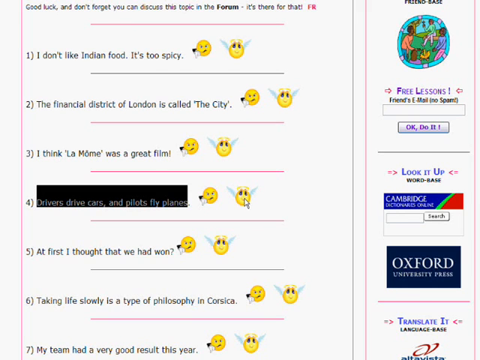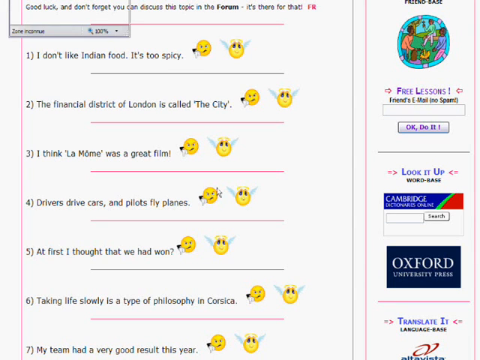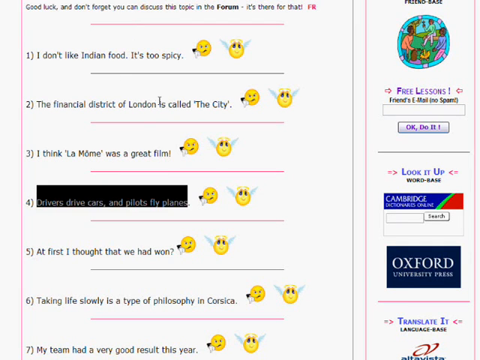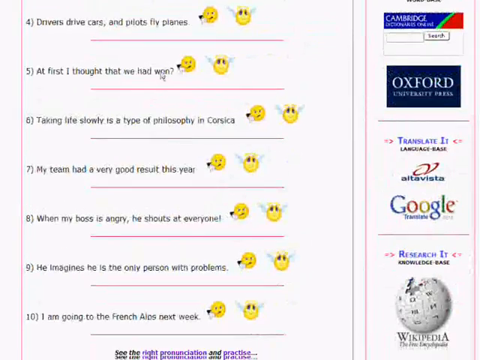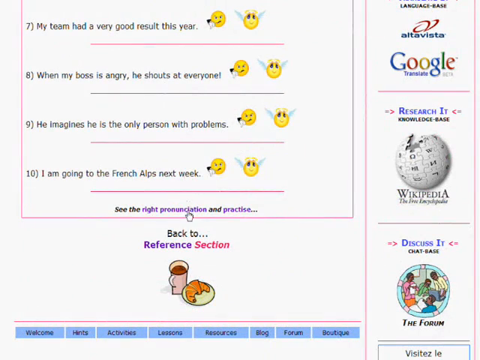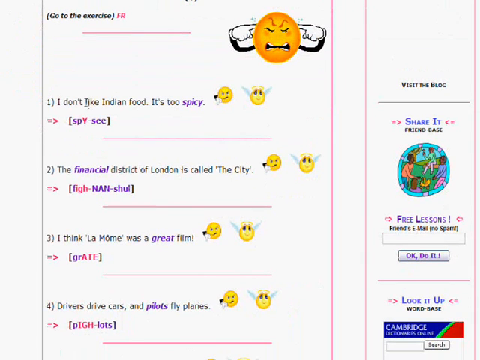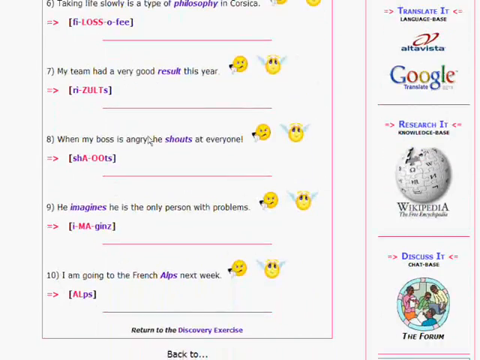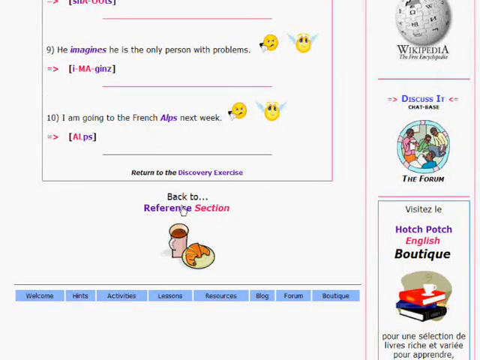You click here and you hear two versions of the correct sentence. Drivers drive cars and pilots fly planes. Slow version. Drivers drive cars and pilots fly planes. And the fast version. So you can practice with the slow version or the fast version if you want, with typical pronunciation mistakes. If you click here, you have all of the corrected versions with some phonetics to help you. Let's go back to the reference section